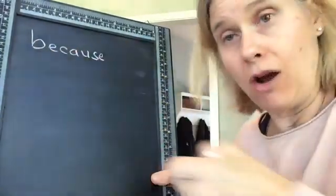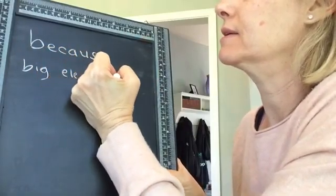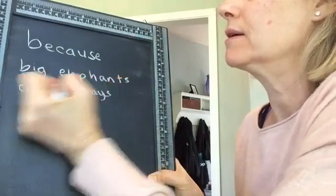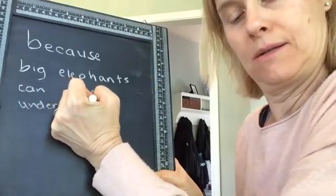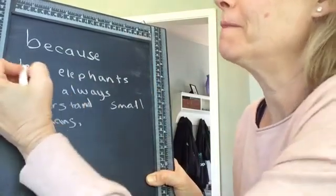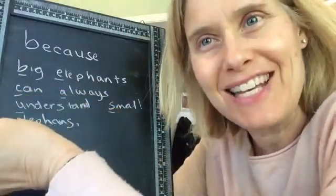The word because, the mnemonic device we use for this one is big elephants can always understand small elephants. You might say, what are you talking about, Mrs. Chasson? But if you look at the first letter of each word, B-E-C-A-U-S-E. So if you can remember that, big elephants can always understand small elephants, then you'll remember how to spell